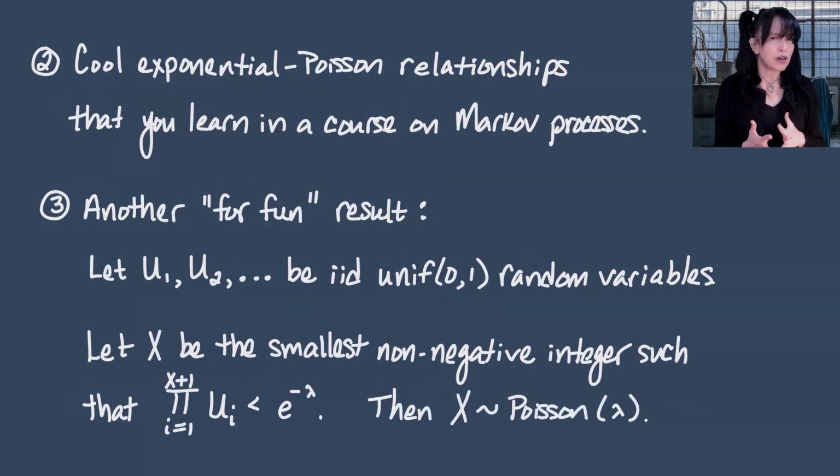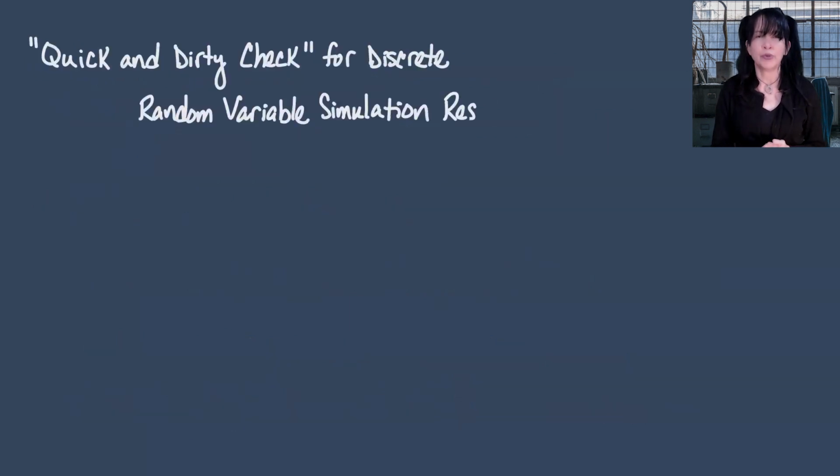So that's about all I wanted to say today in terms of simulation. We've covered a whole lot of distributions. Almost any one-dimensional discrete distribution that you can think of can be simulated from using the interval chopping approach. And as you saw, for specific distributions, there might be better methods, and there might be better methods for your particular distribution that you care about. But for all of these, I wanted to talk about a quick and dirty check for discrete random variable simulation